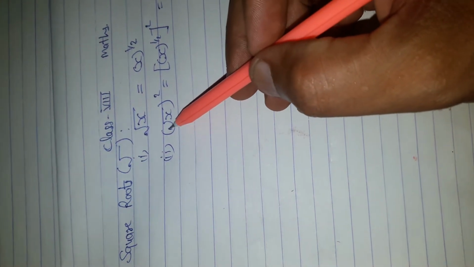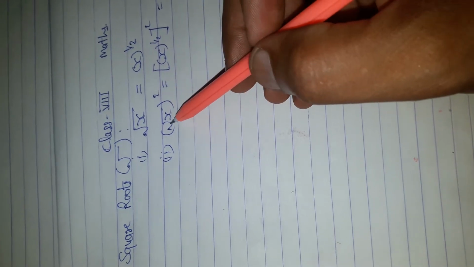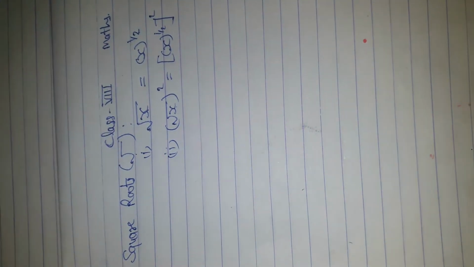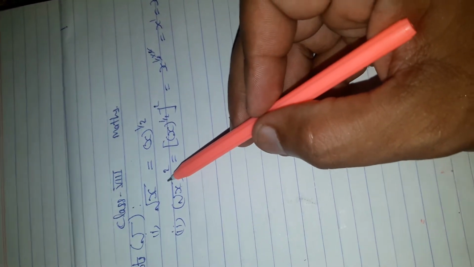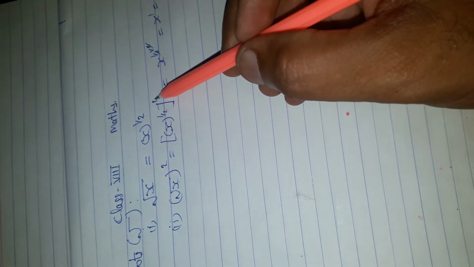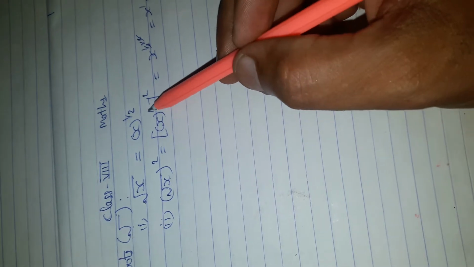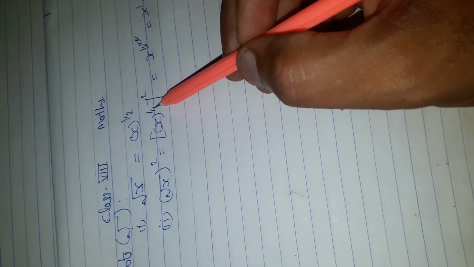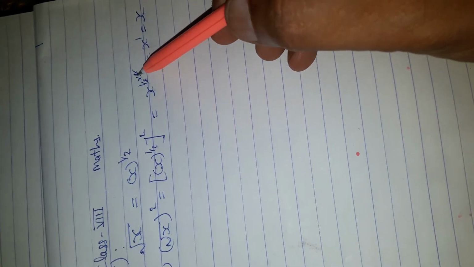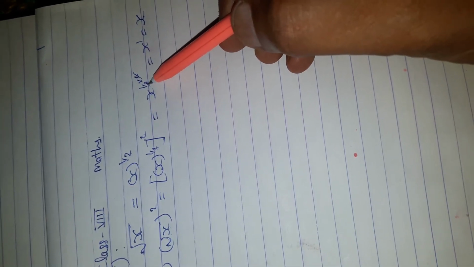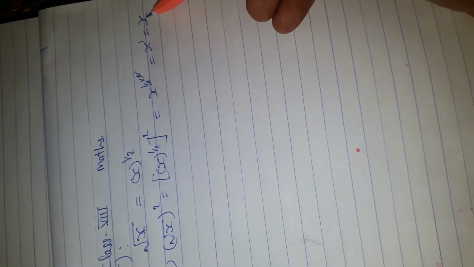If the square root of x is given and further a square is given, that means the square root symbol will be removed and the answer will become x. How will it be removed? The square is already given, so we put it first. Then, to remove the square root symbol, the exponent 1 upon 2 comes, and both exponents are multiplied with each other. It will be x to the power 1 upon 2 multiplied by 2, the 2s cancel, and again the answer becomes x to the power 1. That means we have to write x.